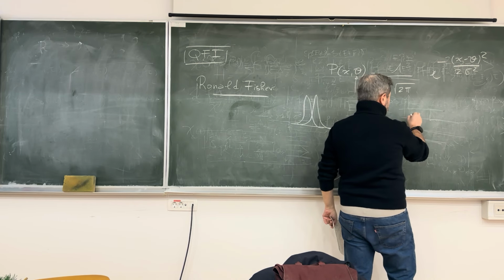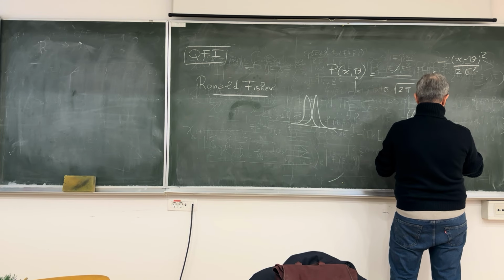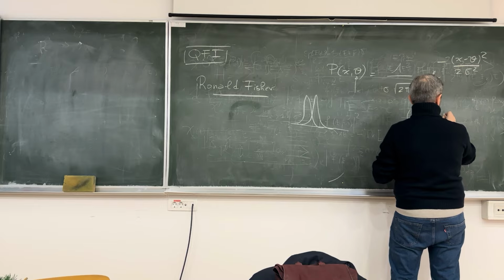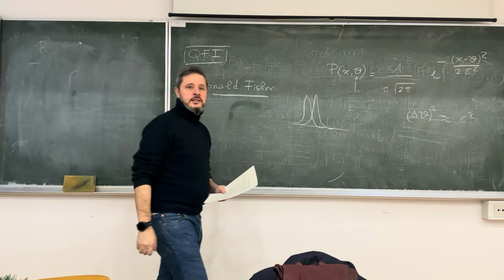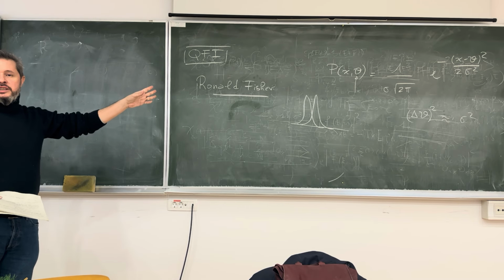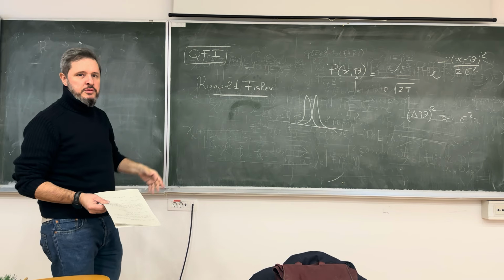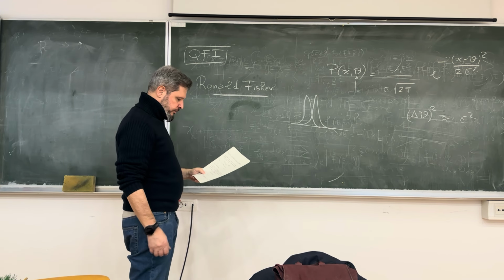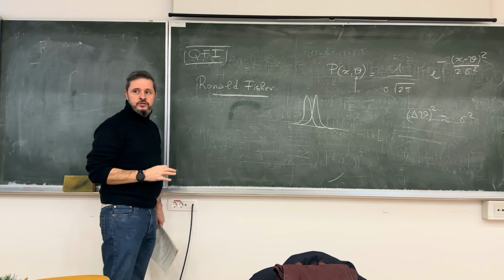Then it's obvious that the best fluctuations with theta is going to be roughly equal to the standard deviation of your Gaussian, right? But, you know, in this case, it's pretty easy. We are dealing with Gaussians. What about some other distribution, some complicated probability distribution that nobody knows what kind of form it has? So this is the problem that Ronald Fisher tried to solve.